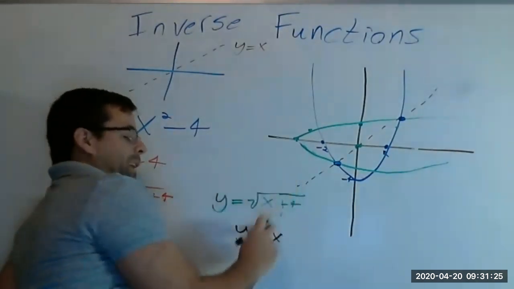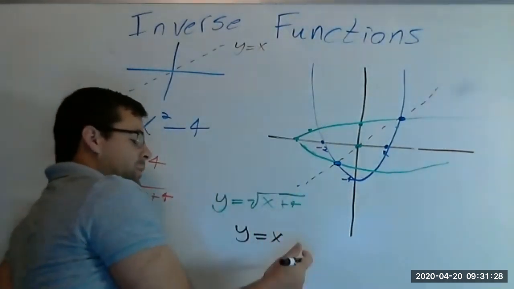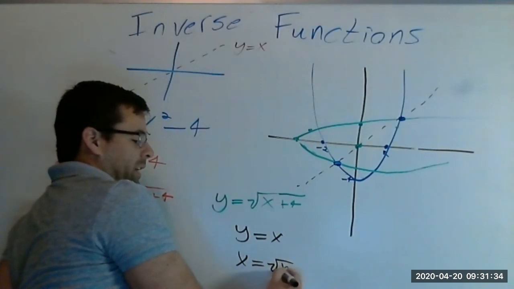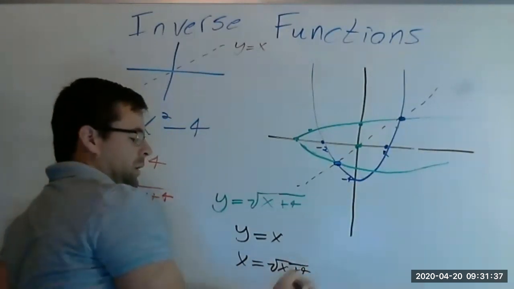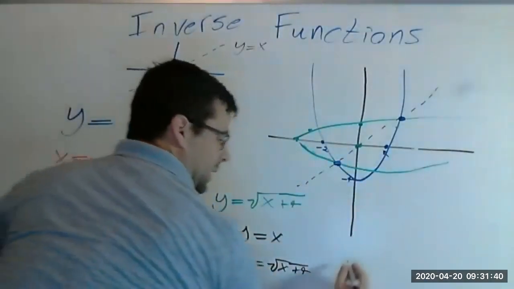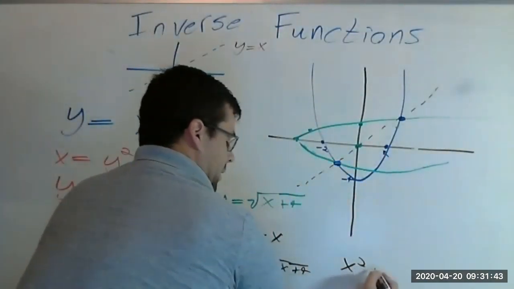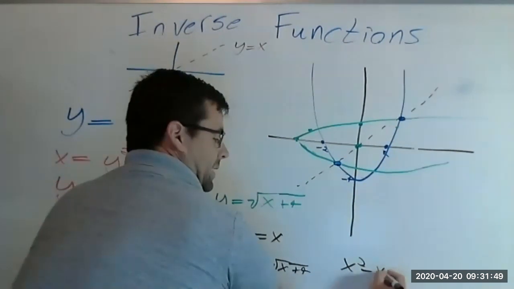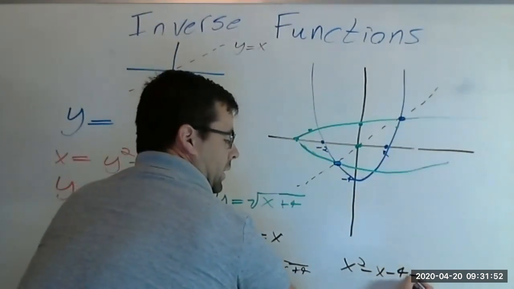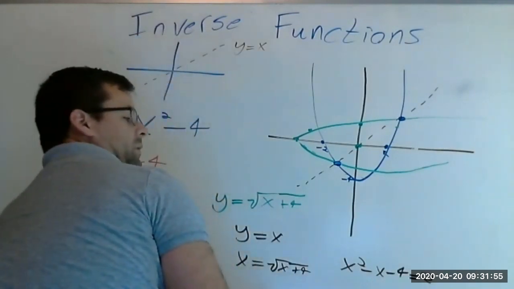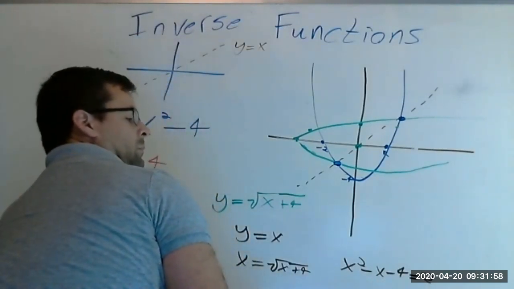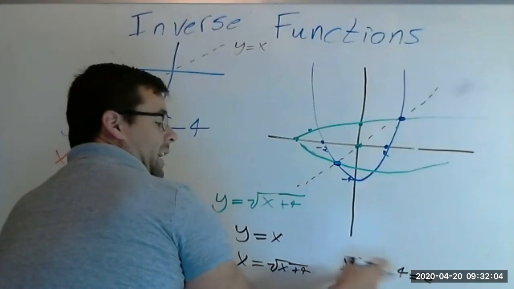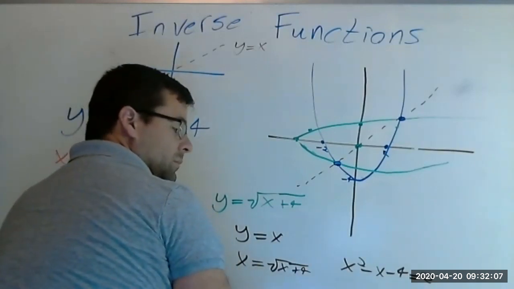So at that point, this is true and this is true. So that means you have an equation. x equals the square root of x plus 4, or x squared minus x minus 4 equals 0. So if you plug this in, you find the value of x, which is going to be